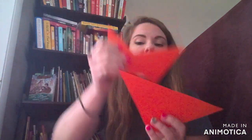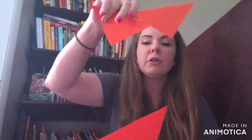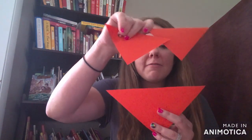This one is, again, make your own creation. This one says make a face. So then you'll use the bits of your square to make it into a face. And you can use all of the pieces, or if you think that might be too hard, you could use 1 big triangle as the mouth and then 2 smaller triangles as the eyes, and make a face that way. You can do it however you like, as long as it makes a face. The next card